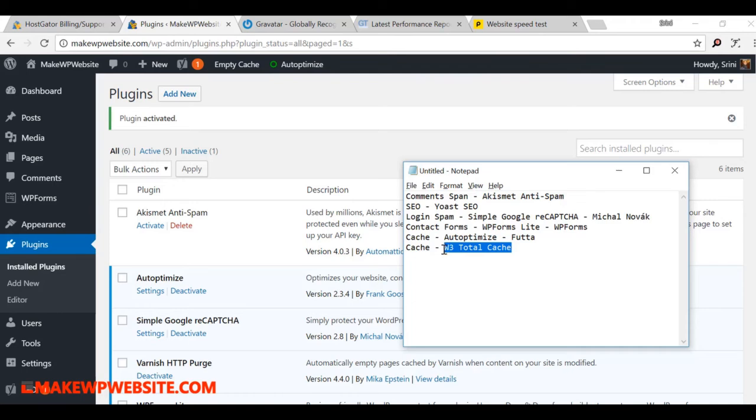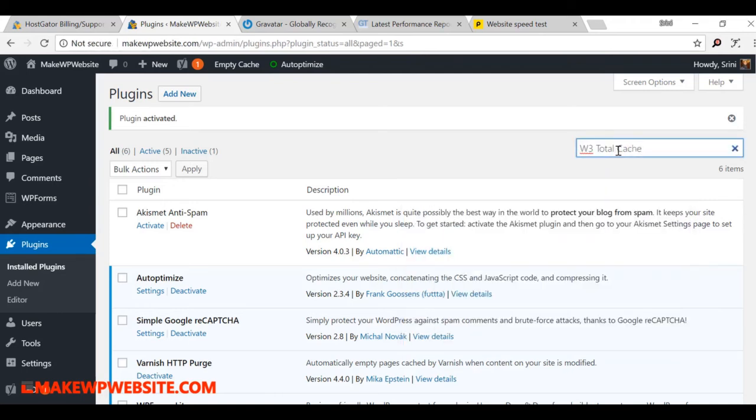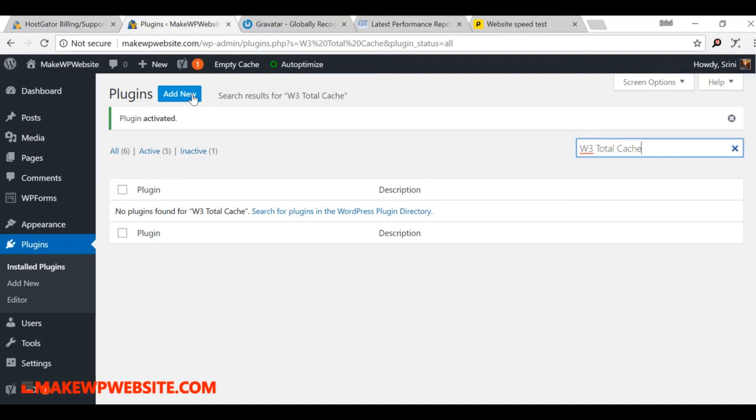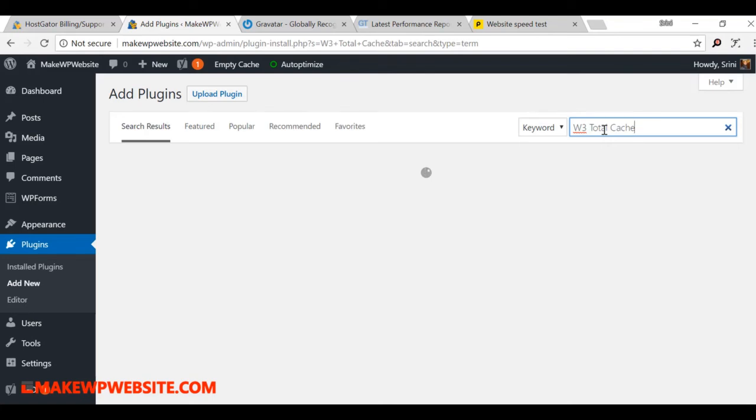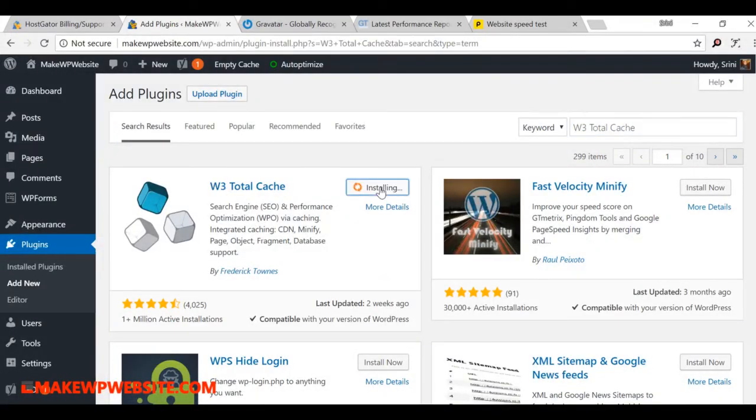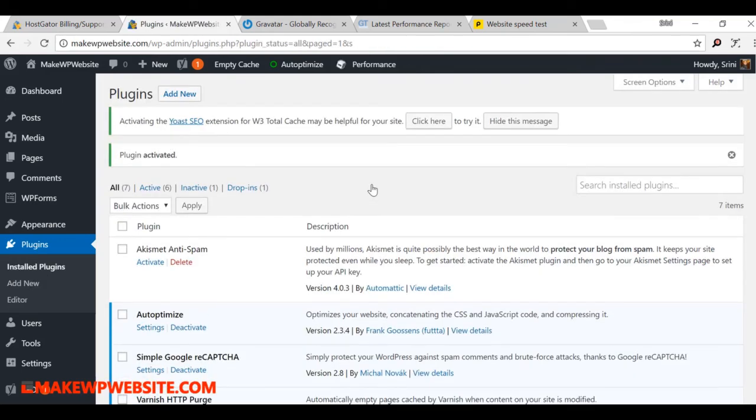Then we have W3 Total Cache. There is a cache plugin. Go to add new. W3 Total Cache. Well, that cache plugin actually was in the popular tab.